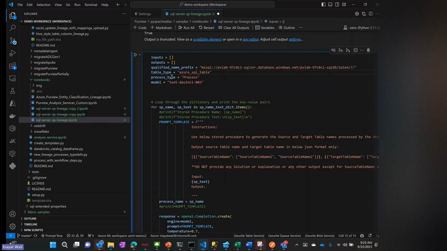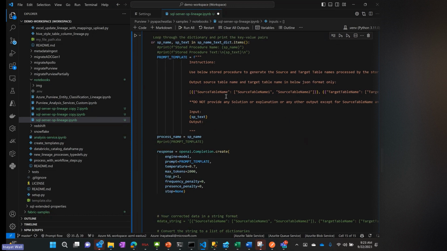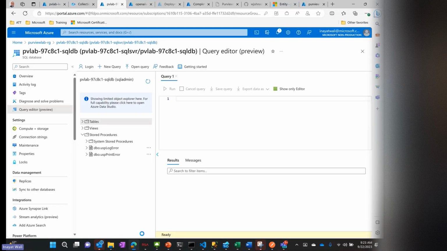And in this case, I'm using the process type because a stored procedure is a process, and here's the sets of inputs and sets of outputs, right? And then I'm going to eventually tie this back. I'm using the DaVinci model for OpenAI in order to pass the information. Here's a very specific instruction I'm passing right now to OpenAI. And if you take a look into the OpenAI right here,